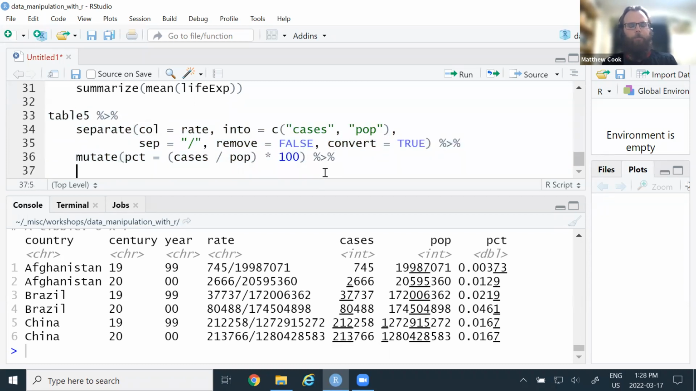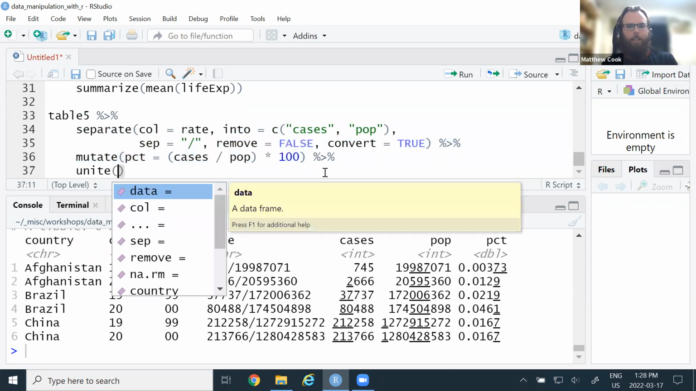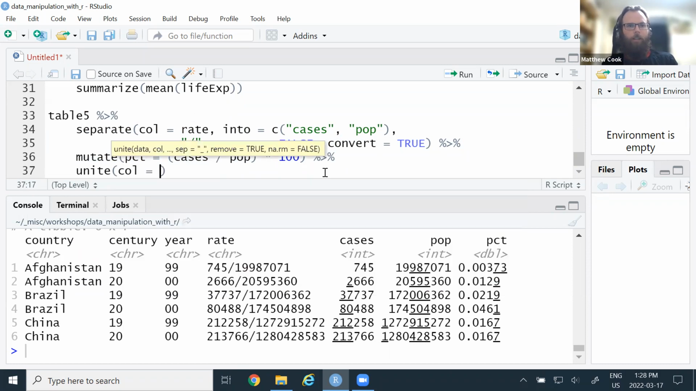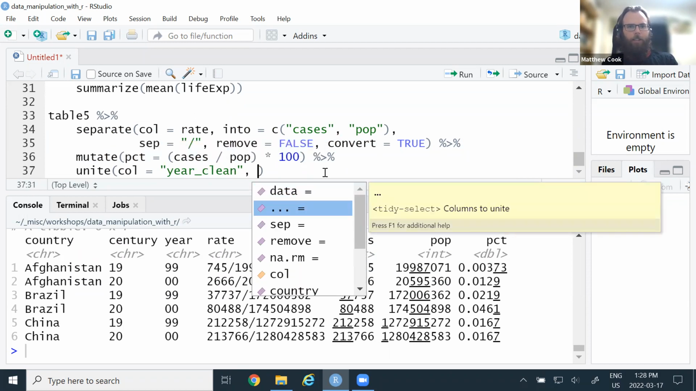We'll add another pipe, and what we'll use is this function called unite, and this is basically the opposite of separate. We can see here one of the things it wants is the column, and this is going to be the new column we want. So we'll just call it year clean. And then the next thing we'll want is